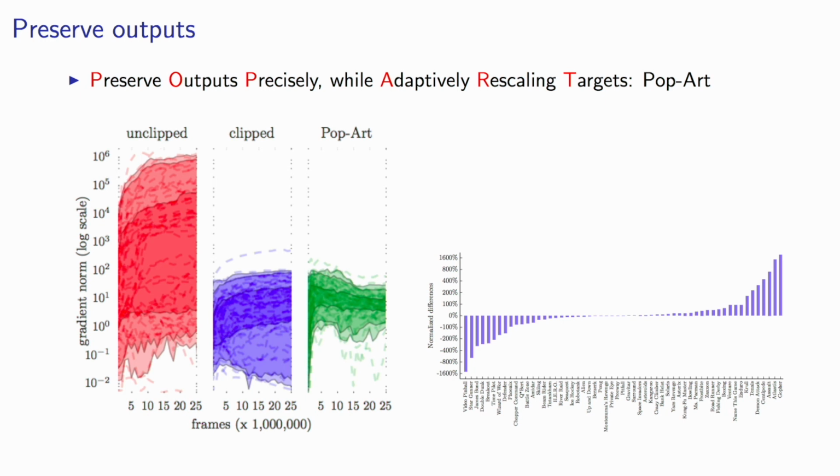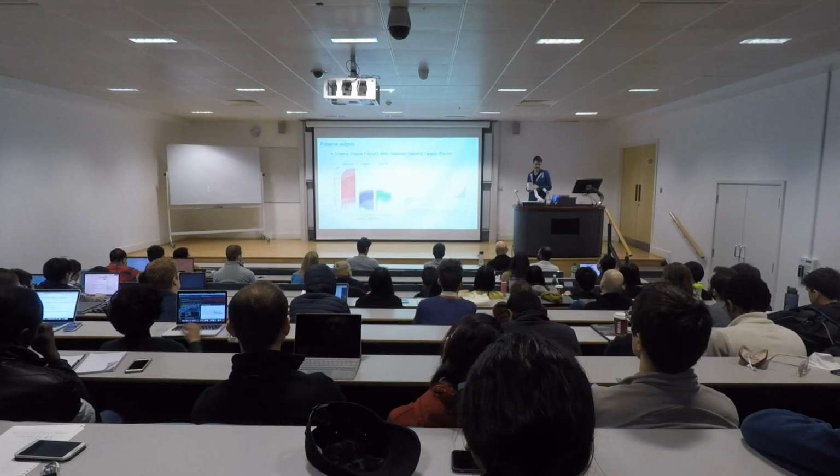So if you then clip the rewards, which is the middle part there on the left, you see that these norms are much smaller in terms of range. They still span maybe 2 to 3 orders of magnitude, but it's a much more constrained range than before, and especially they're capped at the top. You don't get these extremely large gradient norms, which means it's easier to tune a step size that works across all of these now. And this is what was done in, say, DQN and all of the follow-up work to that. But if instead you apply this adaptive normalization scheme, the gradient norms are even smaller, in a smaller band, which means that maybe it's easier then to do the optimization.